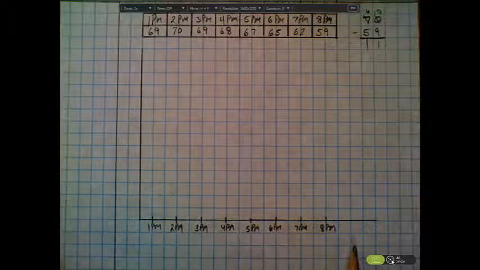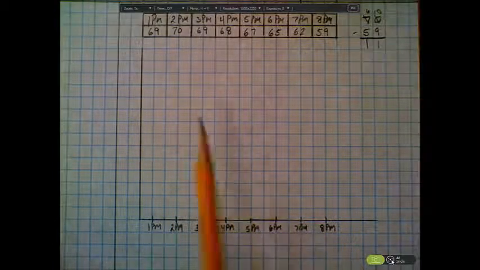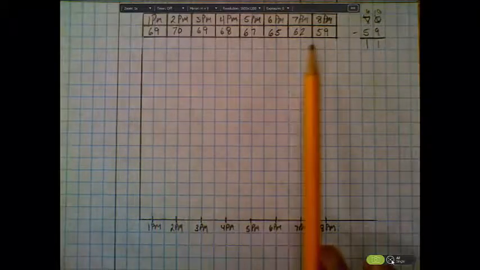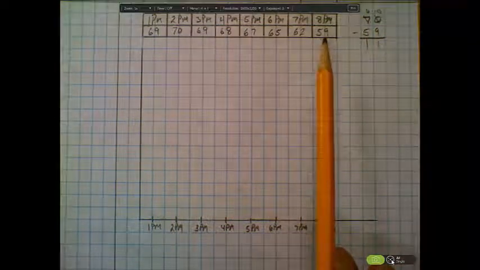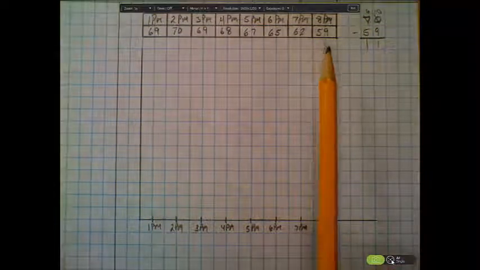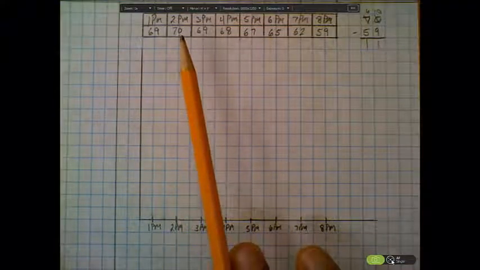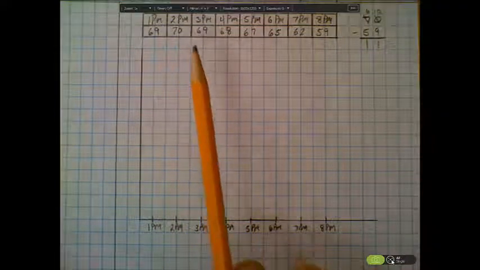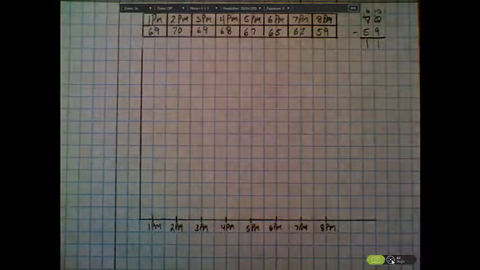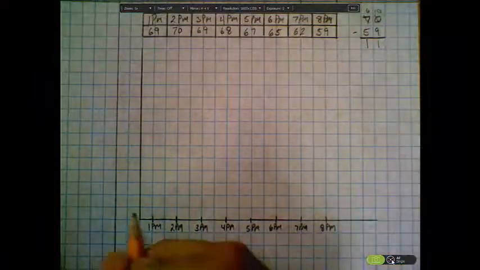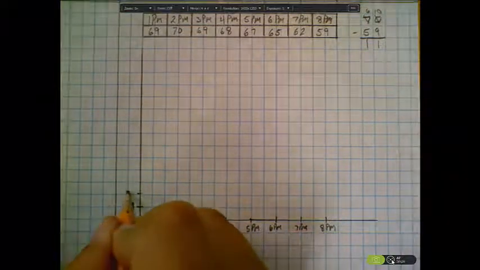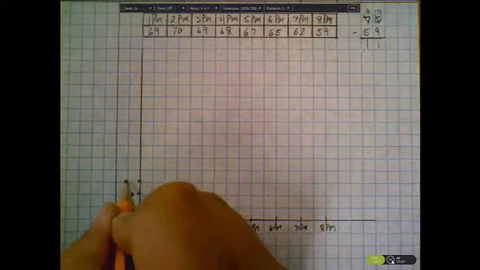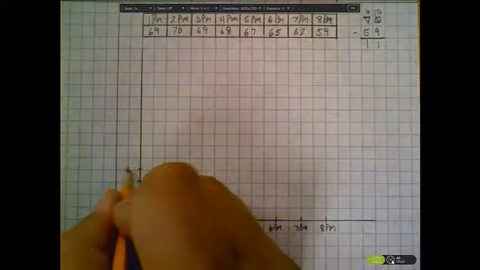Now we need to label our y-axis. Now we don't go across the different rows here. What we're going to do is start with the smallest value, which is 59, and go up until we get to the highest value. So the lowest value, 59, we're going to start right here and write 59, and then 60, and then 61, 62,